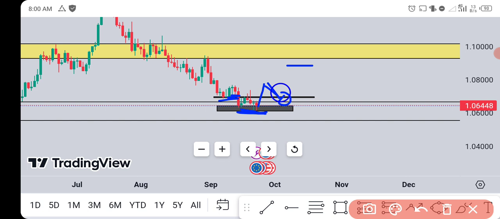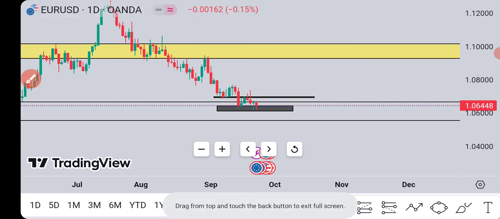Then I'll just get in early here, 50% position, close at the 100% adjustment level. The remaining 50% runs to this point here, then I'm done. So this is what I'm expecting for EURUSD now. Like the overall trend is bearish, but short term I'm expecting a bullish move to get to this level, at least this level. So the next pair I'll be taking on is